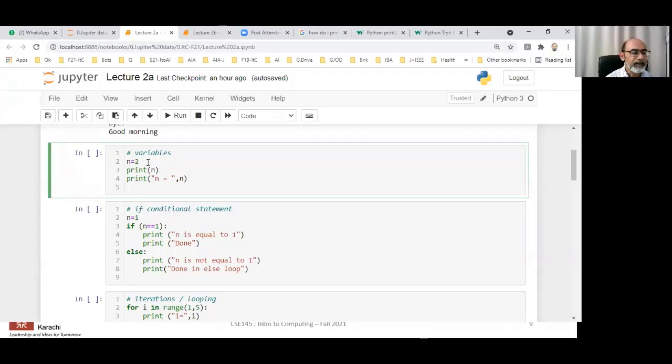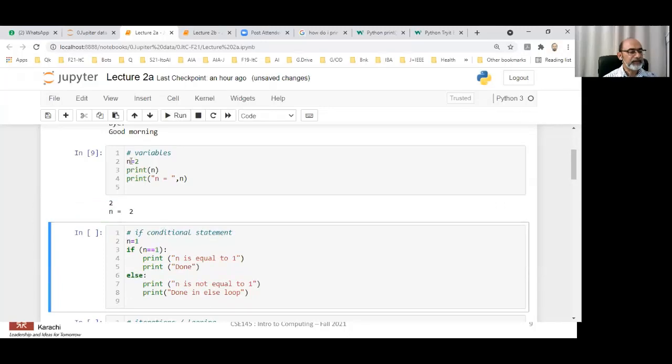It can change as you go through the code, and it's going to have some significance that we're going to talk about as you go forward in terms of memory and so on. But what you can do is you can print this n value, and let's take a look at how this code works. So if I run this, you can simply see that when you said print n, it printed